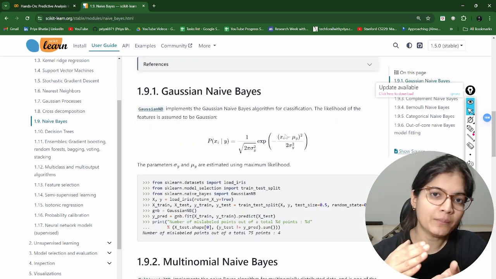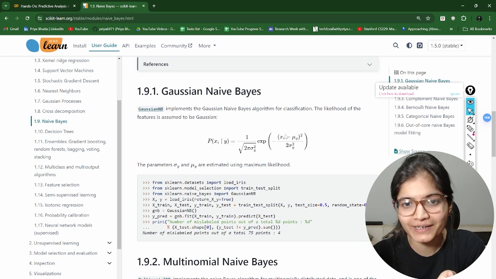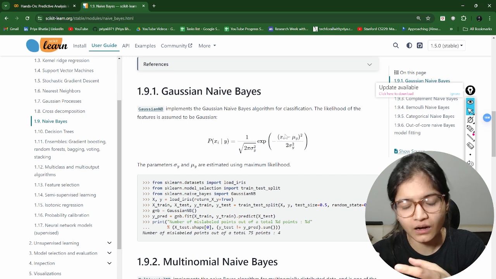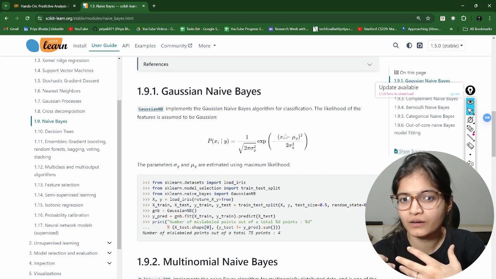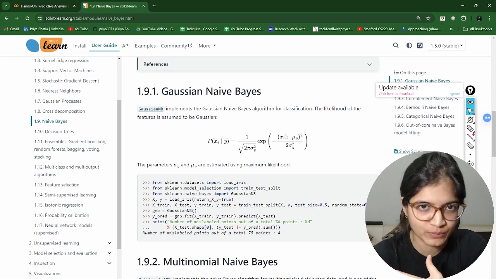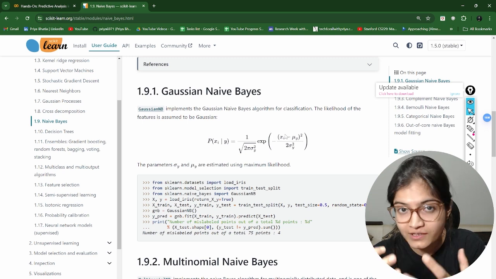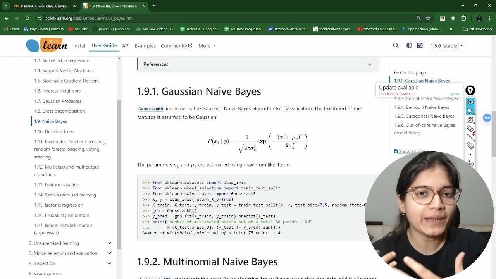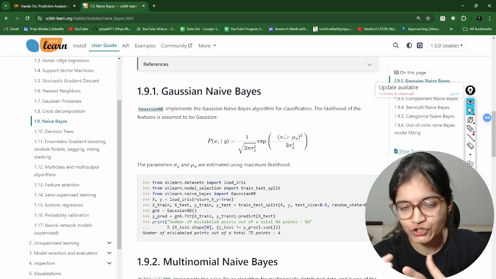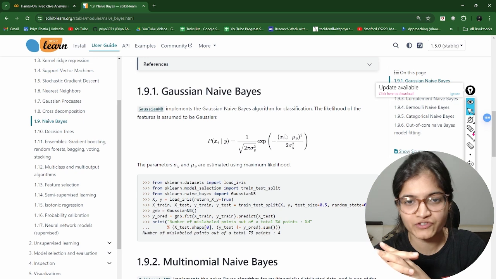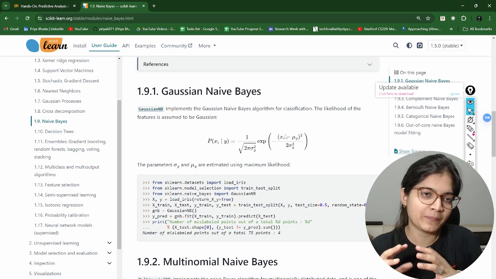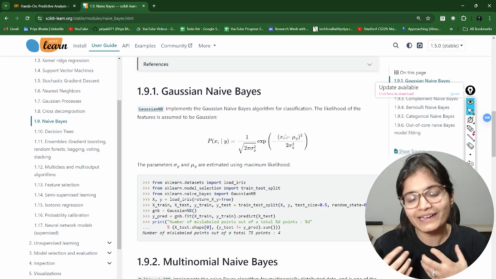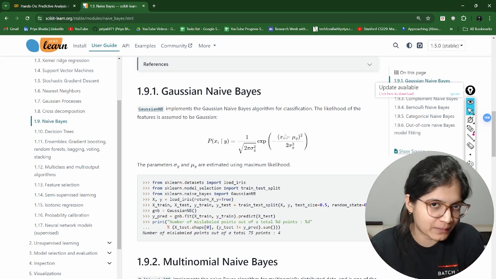But to understand the multiple types of naive Bayes, the important prerequisite is that you should have knowledge of the distribution of data. You will get that only when you have a good idea about the statistical distributions, whether it be Gaussian, multinomial, or Bernoulli. Then only will you be able to understand this video. This particular video is not focused on discussing distributions, and I'm assuming that you are already aware of these things.